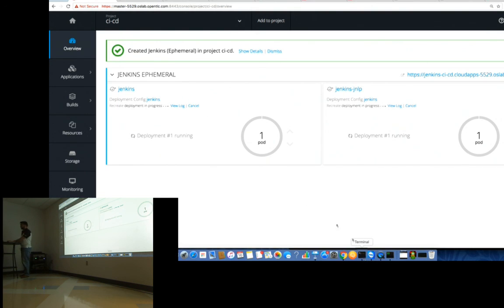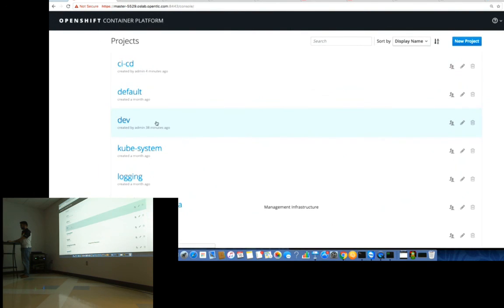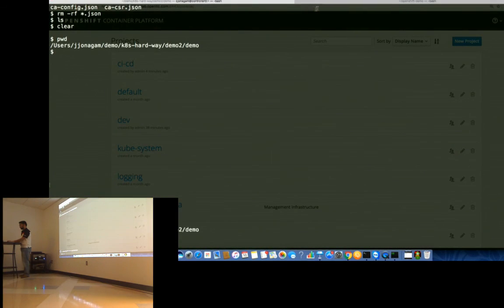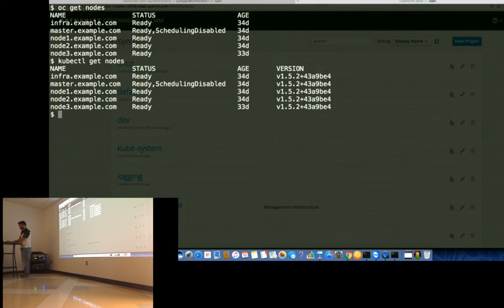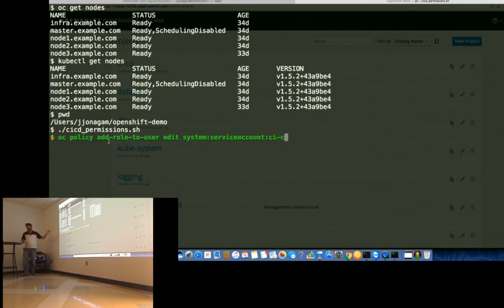All right. Now, you want to pull the application from the development namespace to a QA namespace. How do you do that? Like I said, in order to pull and push images, you need to have some kind of permissions. I'm going to quickly set up those permissions. There is a simple script which basically does that. So OC policy, again,